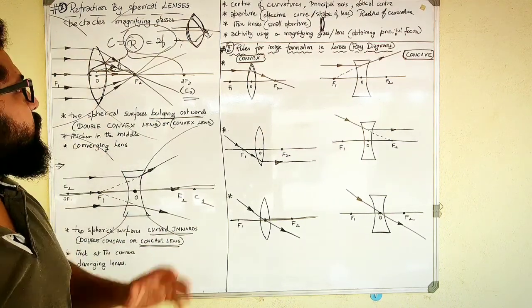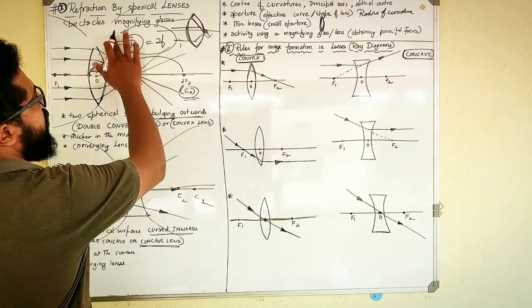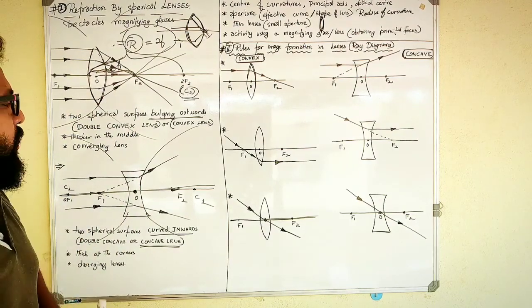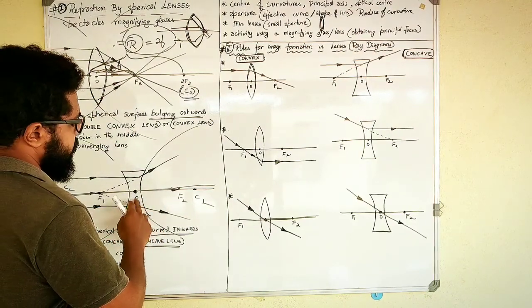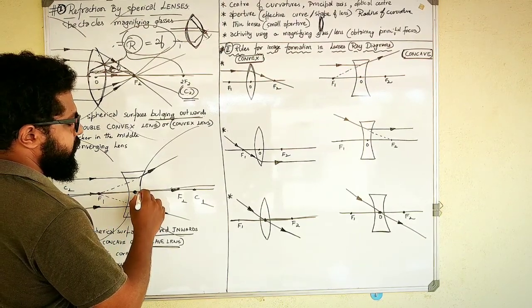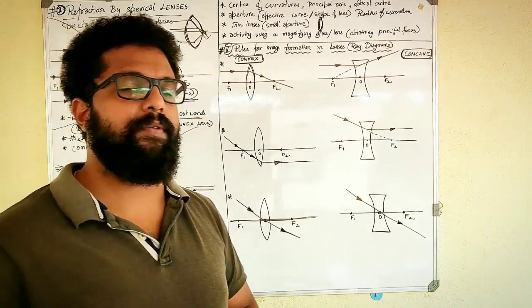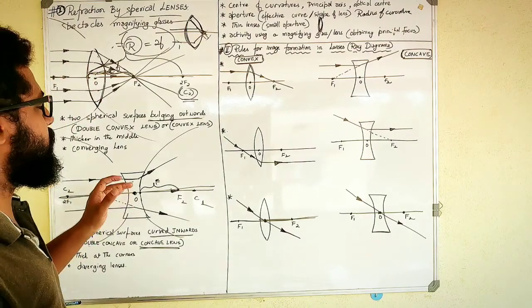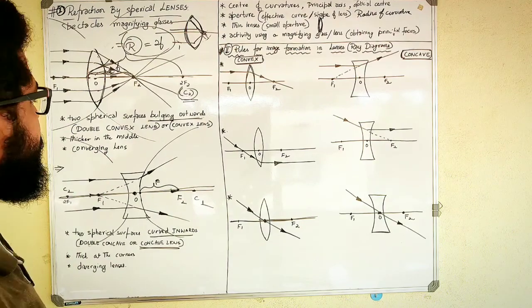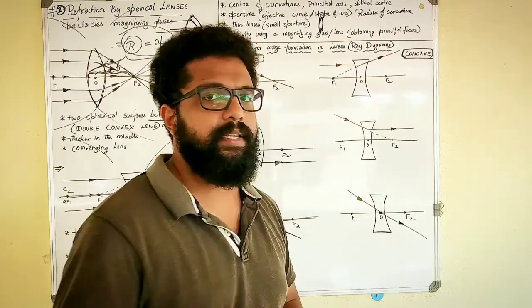So the radius of curvature is nothing but this point, the center of curvature, where the radius is equal to 2 times the focal length. And the focal length is nothing but the distance between the surface, this point, and the focus. Now it's not from the optic center. Remember, it's from the outside surface of the mirror, or the outside surface of the lens, to the focus point. So remember, these are the basic ideas which you need to know in order to understand the next concept.